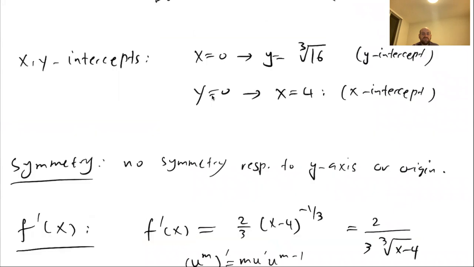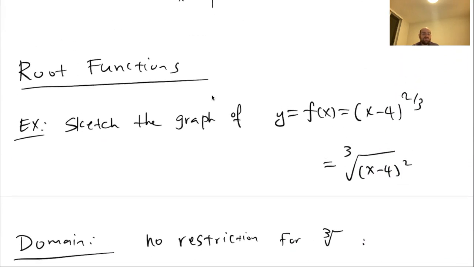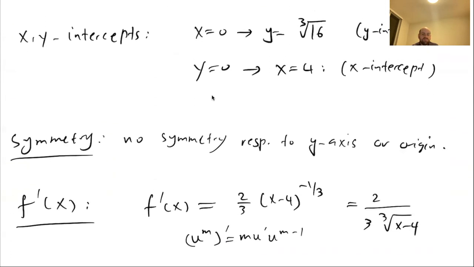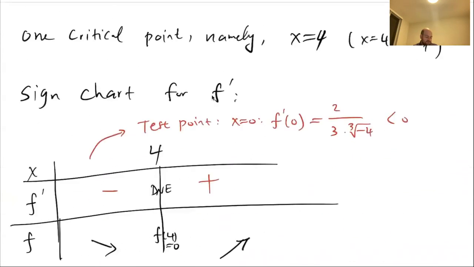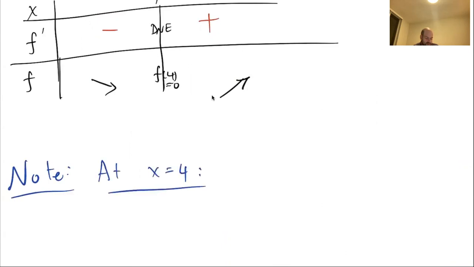See, f itself at 4 is 0, limit of it is also 0, but limit f prime at 4 is infinity or minus infinity. So here I can say note at x equals 4, f of x is continuous,